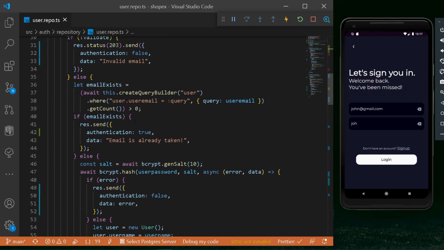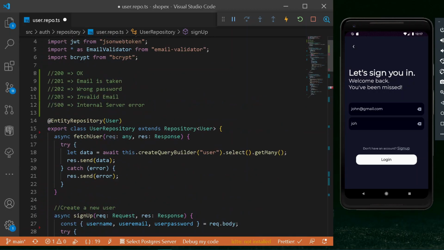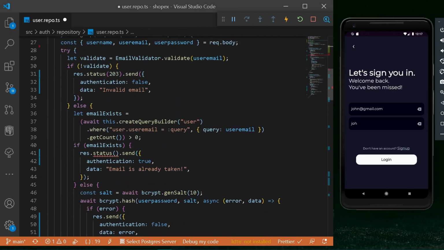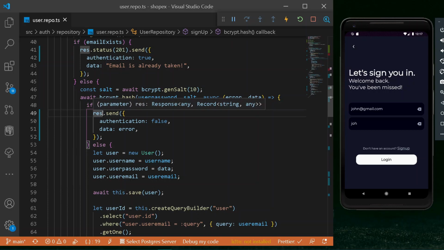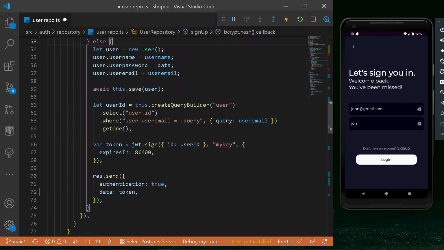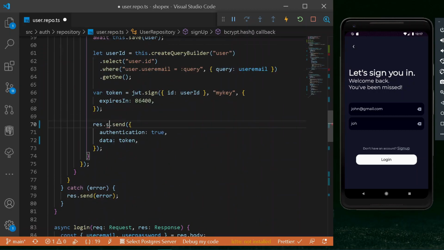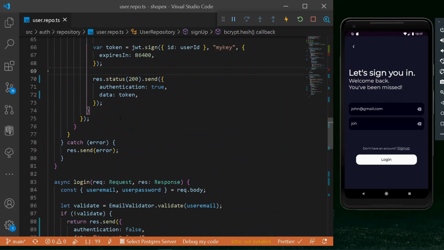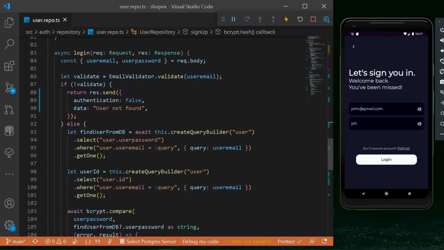And after that, where we are simply sending a status code of email exist, let's have here a status, and under this let's have a new code. Let's go at the top, and here we are having the following thing of email is taken, just like this. And after that, if we get any sort of error, we will be sending a new status, that is a status code of 500, which will be an internal server error. And if the thing is not so, we shall be sending here a status of 200 if everything went right. So here let's have a status of 200. So once we have done the following changes here, let's make the same changes under our login thing.